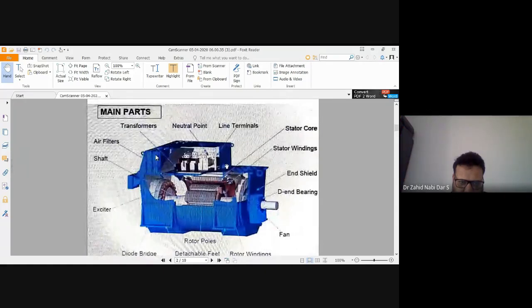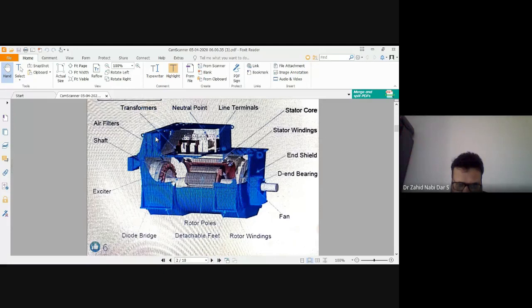So these are the main parts of the synchronous generator, wherein we learn that the stator winding is always connected in star. Why? Because in star your line voltage is root 3 times the phase voltage, and the insulation of the winding also gets reduced. For this reason we have the star connection for the stator winding. Then we take the output to the transformer. Whenever the power is generated, the transformer steps it up. We also have this brushless DC exciter, and here we have a diode bridge arrangement to control this DC voltage.